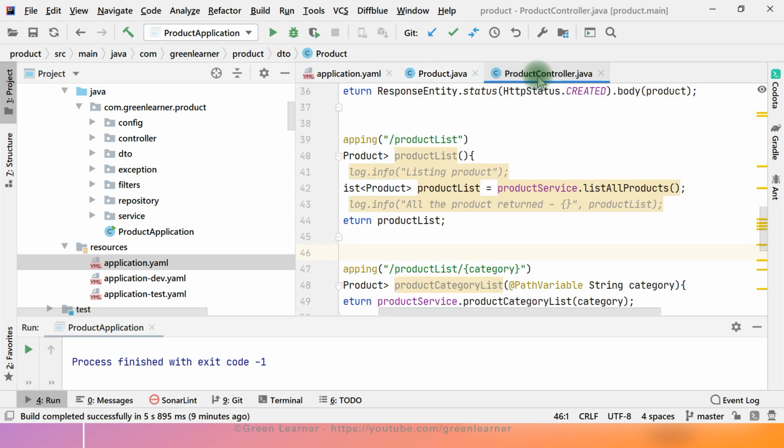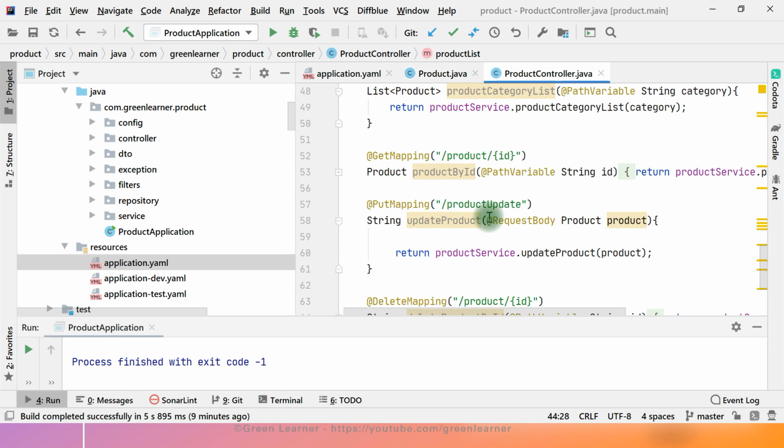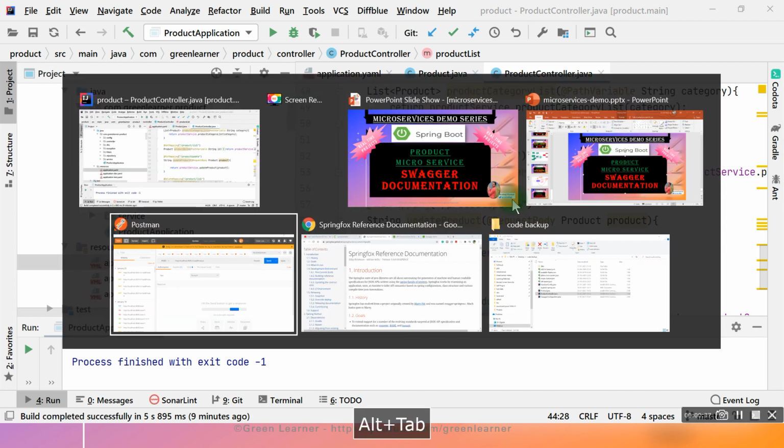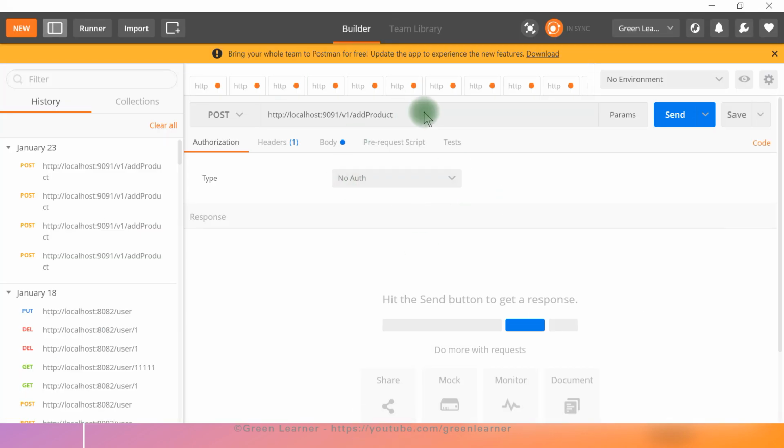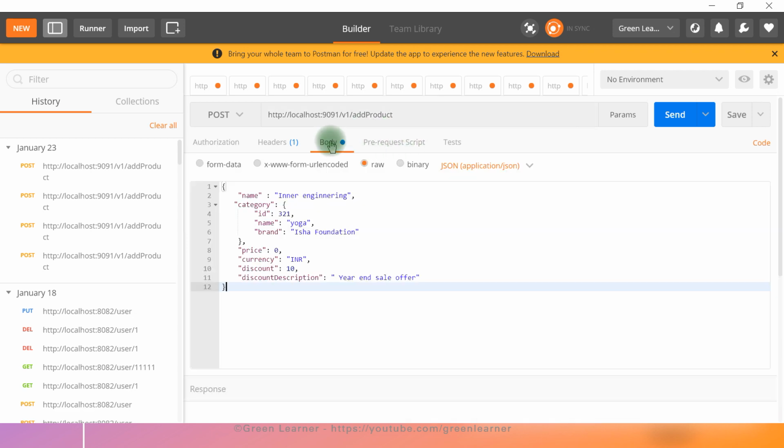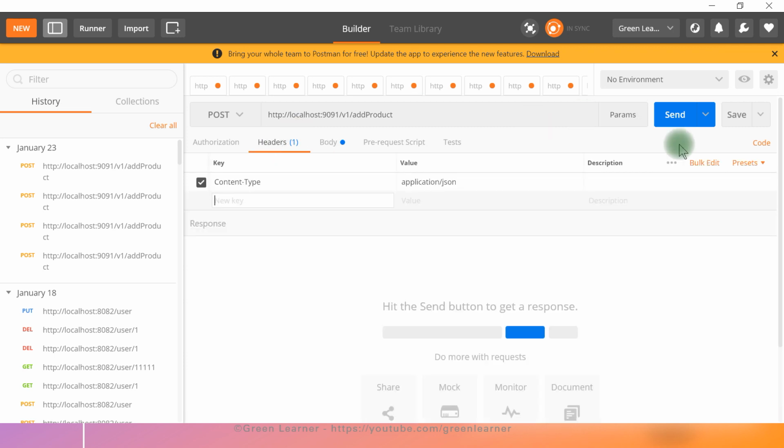We have this controller which has a get endpoint, post endpoint, set endpoint. If I want to interact with our service, I always have to go to Postman, right? I have to hit these endpoints, remember this endpoint, mention these things and send it. So Postman is one way that we can interact with the services that we are developing, and this is external to the product service itself.